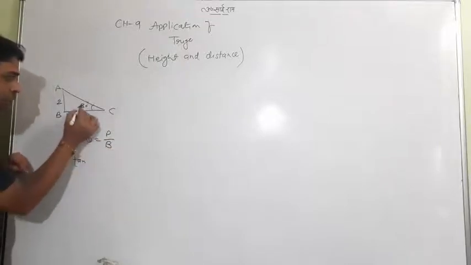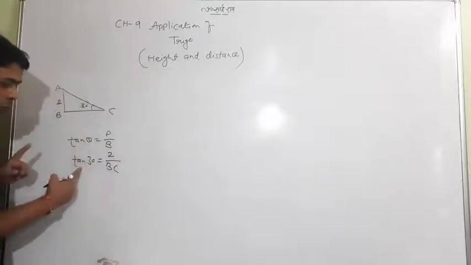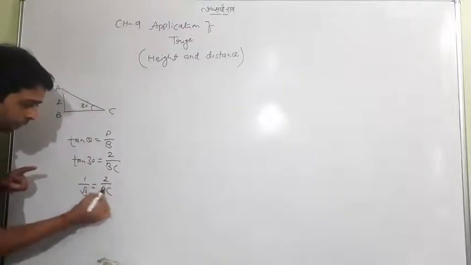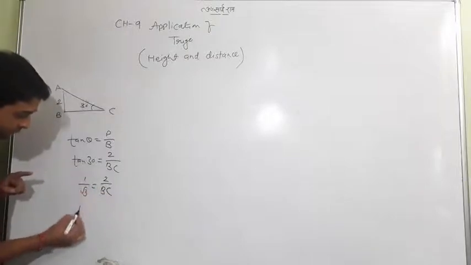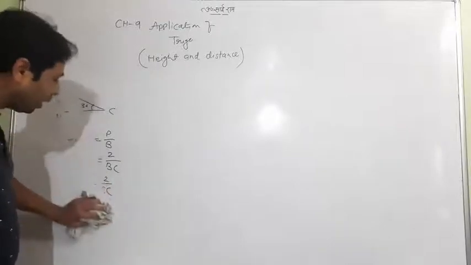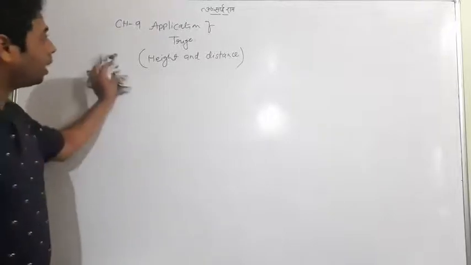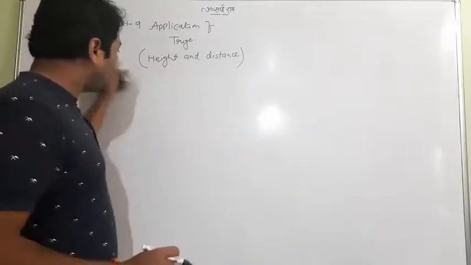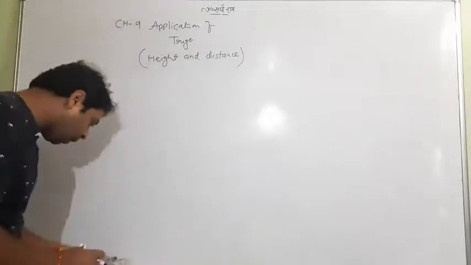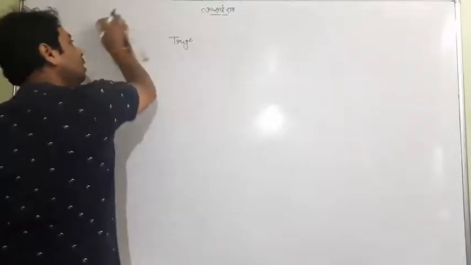Your theta is equal to 30. Your perpendicular is equal to 2 and base is unknown, BC. So you know tan theta is equal to 1 by root 3, which is 2 upon BC, and it can be transposed so that side BC is equal to 2 root 3. So this is a simple concept. By knowing a single side and a single acute angle, you can find the other two sides, and that is what comes in application of trigonometry, where some basic questions of simple general life will come. I don't want to tell you much more about that, because this is enough to know.